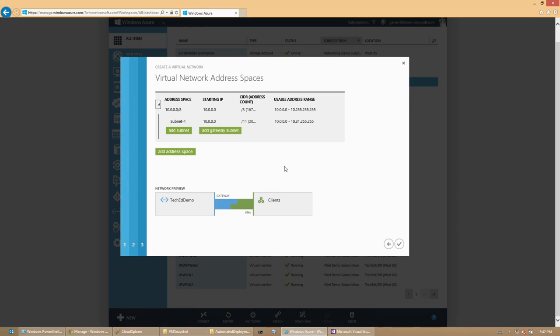I will then have to specify IP addresses for my virtual network. Now this, I could choose any private IP address range again. I'm going to use the entire 10 dot space for my virtual network. And within my virtual network, if I want to partition various tiers and put them in different subnets, I can